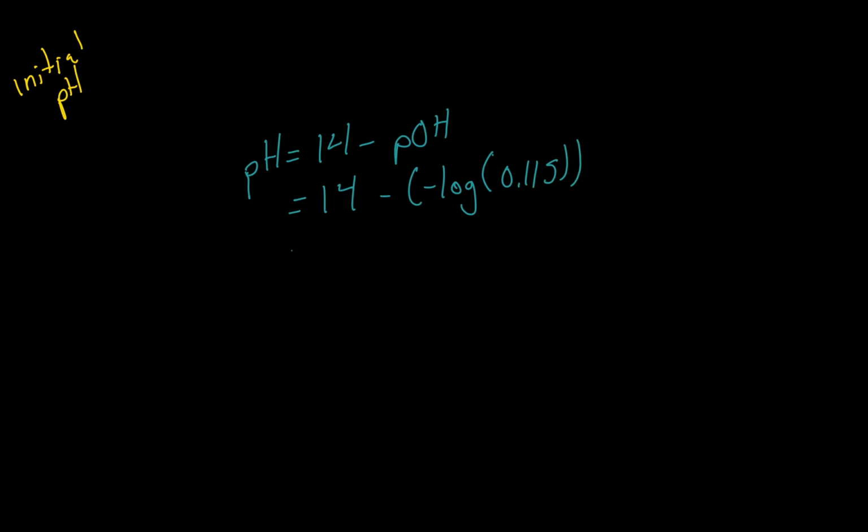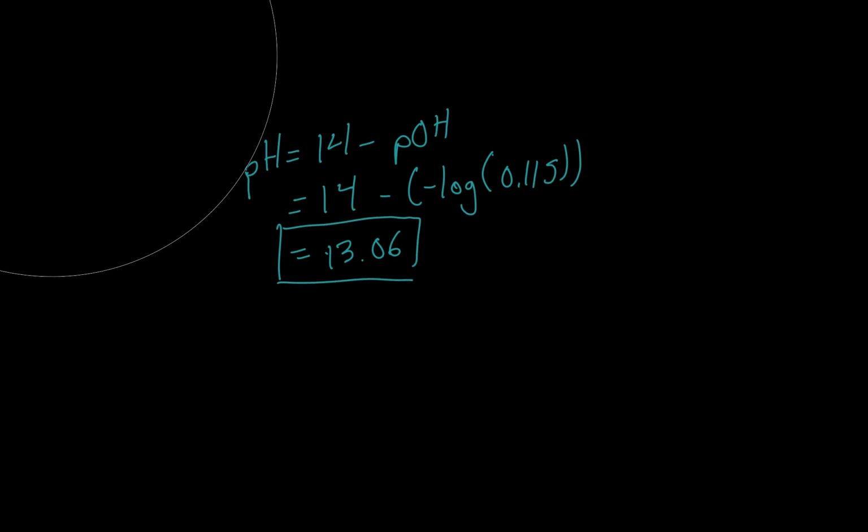All right, and so that's going to give us 14 minus the negative log of 0.115, and I've got 13.06. 13.06. All right, so there's our initial pH before we start any kind of titrations. All right, next